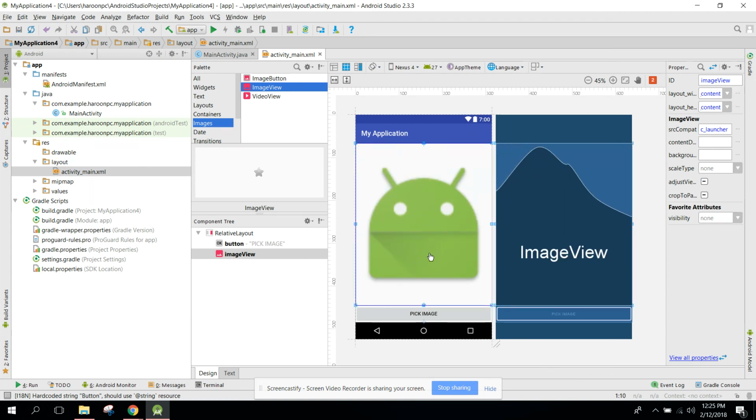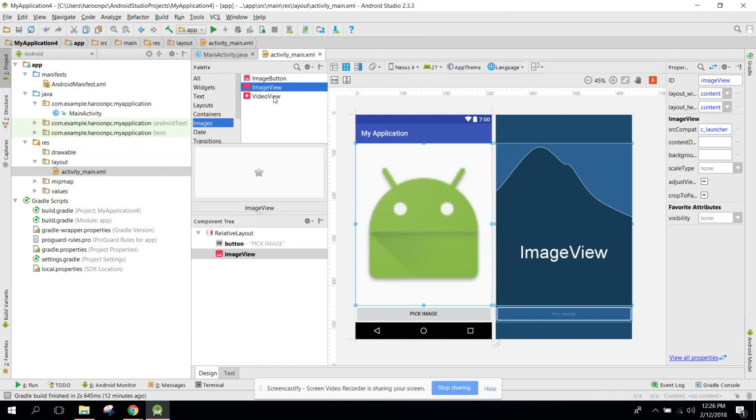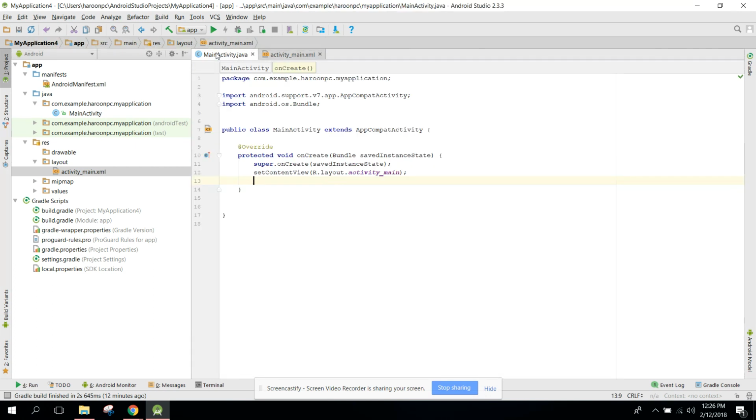Okay, so now whenever the user clicks on the pick image button, the gallery will be opened and the user will be able to pick an image from the gallery, and that image will be shown here, and the image will be saved in the form of a PDF file in the internal directory of your Android. So let's get started. As we have created the XML layout, go to your MainActivity.java